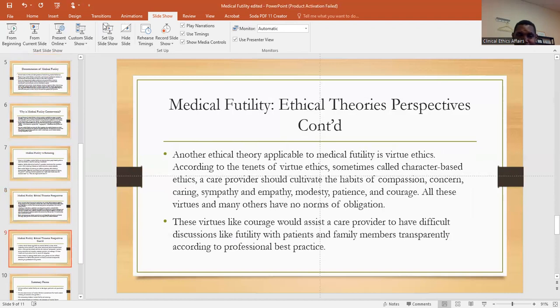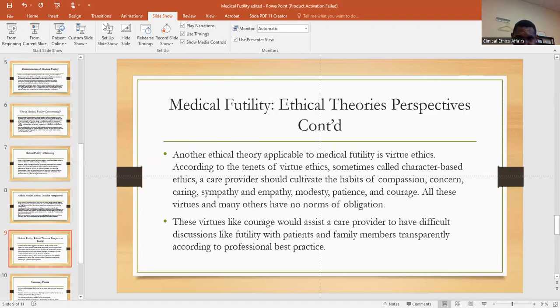Medical futility, from the perspective of virtue ethics, sometimes called character-based ethics, entails that a care provider should cultivate the habit of compassion, concern, caring, sympathy and empathy, modesty, patience and courage. All these virtues and many others have no norms of obligation. In other words, virtue ethics encourages care providers to develop the habits of some good values that would help them, as a result of those habits that they have cultivated over time, to care for patients in the event